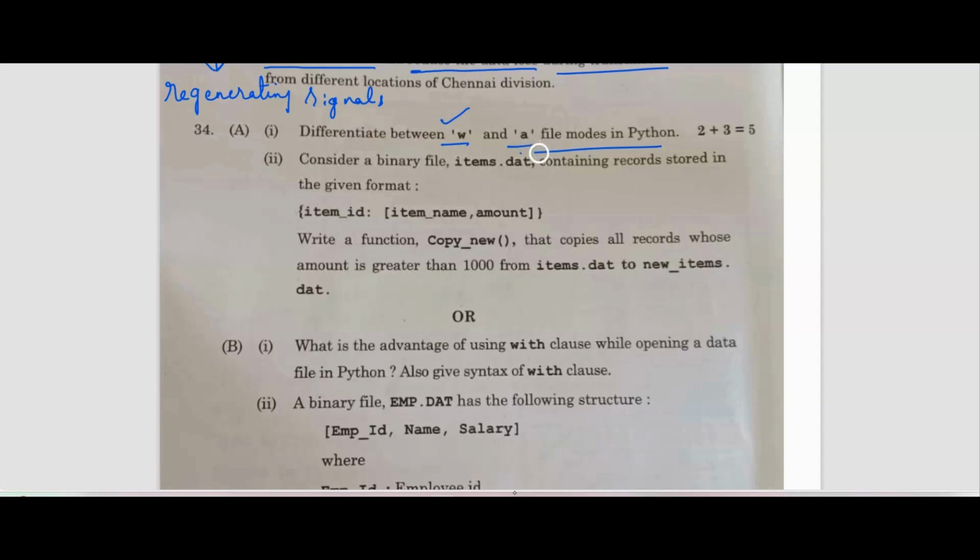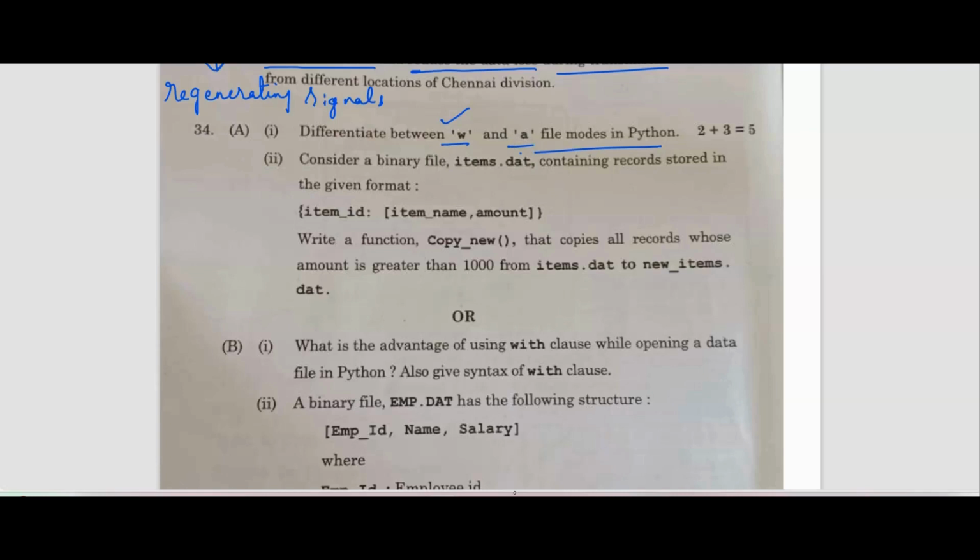If the file already exists, what will happen? It will be appending the data from the end of the file. In write mode the file pointer will be at the beginning of the file, but in the append mode the file pointer will be at the end of the file, if the file exists. If the file does not exist in the append mode, then it will create a new file for writing. Hope you all understand the write mode and append mode in Python.